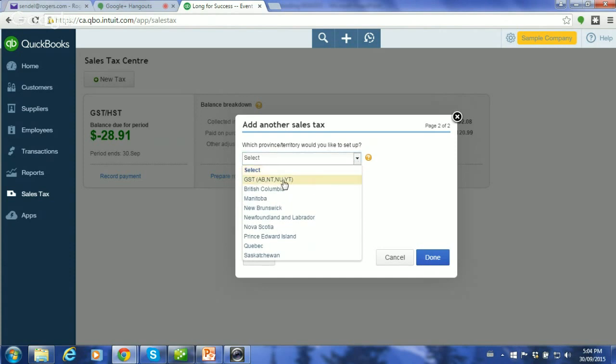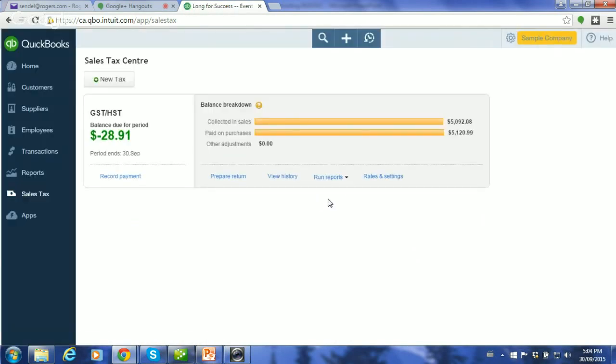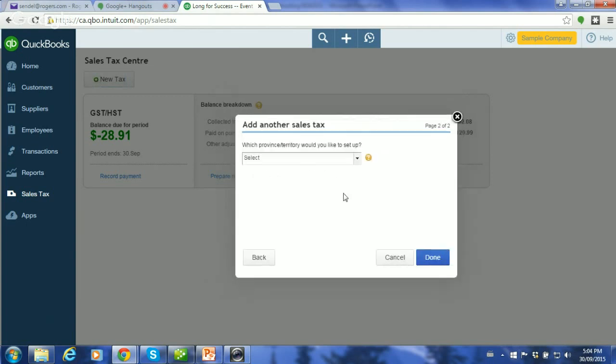So for GST, for the 5%, you're going to take the GST and say done. And that will now give us an option to have GST along with HST. Do be careful when you're using the automatic sales tax for another province or territory.